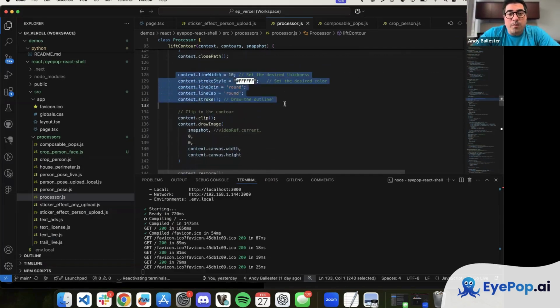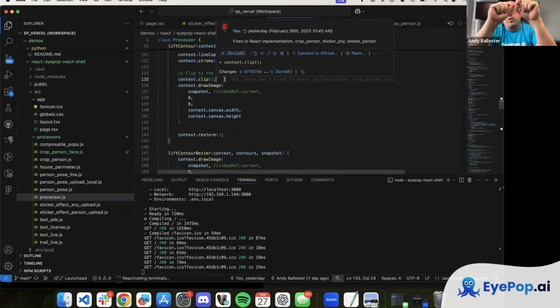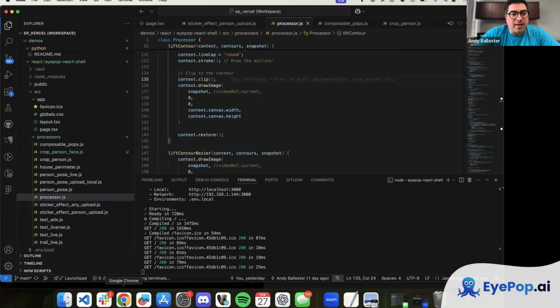And then we're closing that path. We're going to form an outline by drawing a line around that polygon. And then we're going to clip that path, which, if you can imagine this drawing a big polygon, is going to save that region so that we can destroy everything else on the screen other than that region. In this case, we're going to just draw from that snapshot that we had in the beginning into the region that's defined by the polygon. And that's how we get that black outline,